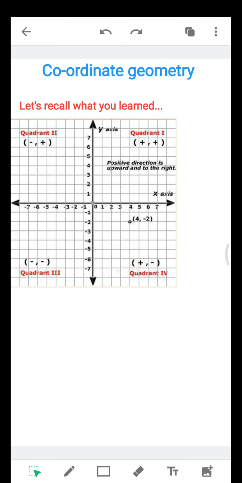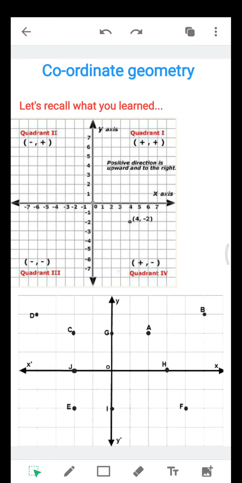So in ninth class, you have learned about the coordinate axes, that is x-axis and y-axis, and different quadrants and different signs in each quadrant. Okay, so you learned all these things in ninth class. Then you also learned how to plot different points on the graph. Okay, like the points of the form